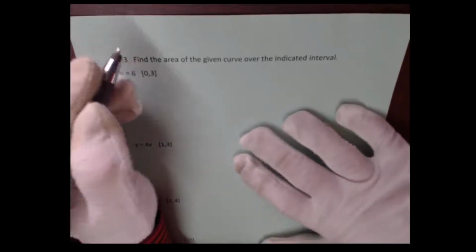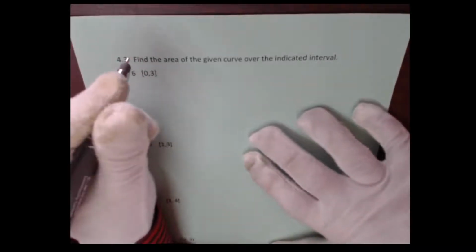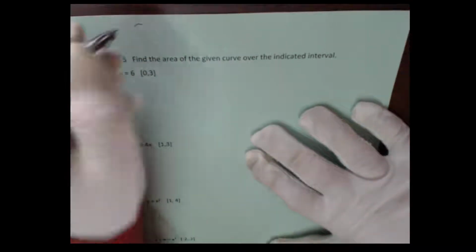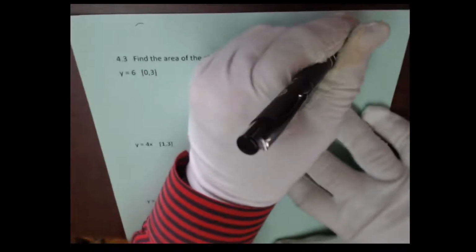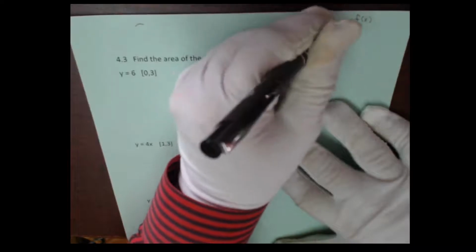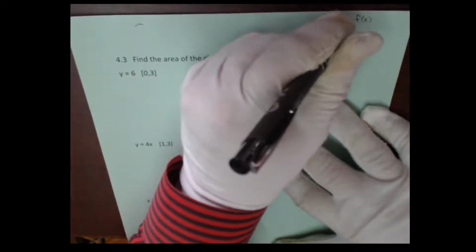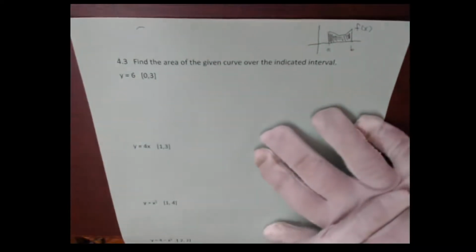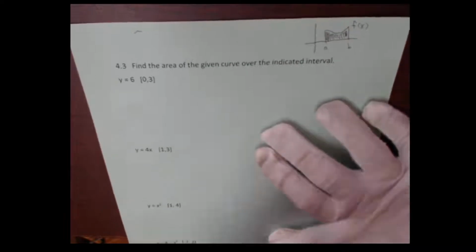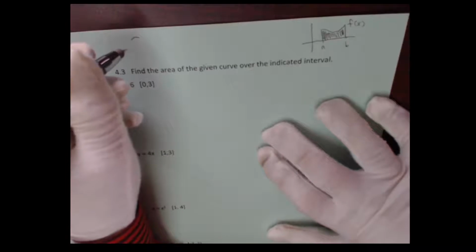So here is the equation that we're going to use. If you want to look more into this, this is sometimes called the fundamental theorem of calculus part 2. The idea is if we've got some function and we have some interval a to b, and we want to know what is the area of this part of the curve. What is the area of this part of the curve from a to b of my function? Okay? It turns out that that area